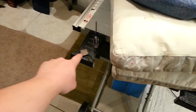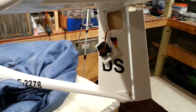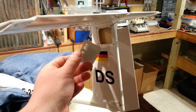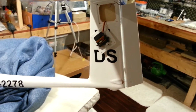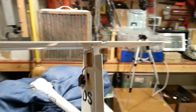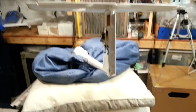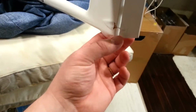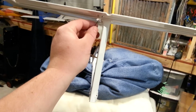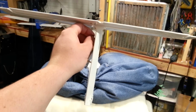Got a little jump start, pulling this cover off. This is the elevator servo, which has a wire coming, it goes up front, obviously. What we're going to be doing today is putting some LEDs on this plane, because it seems like I'm always up against the wire on flying this thing. And it's like negative 10 degrees today, so probably not going to be flying it today. I really want to fly it, but...